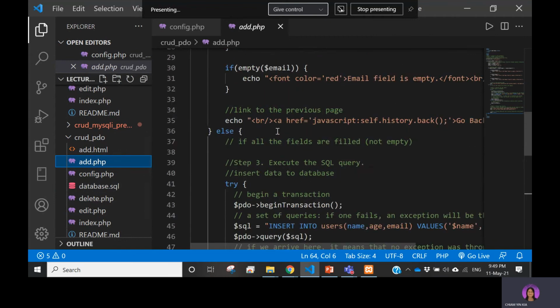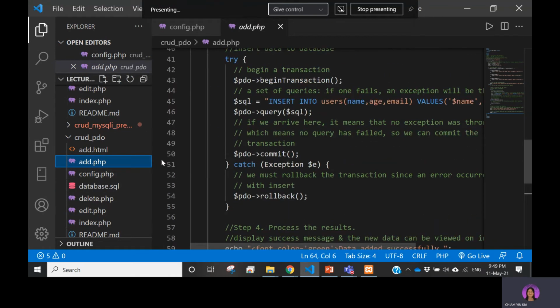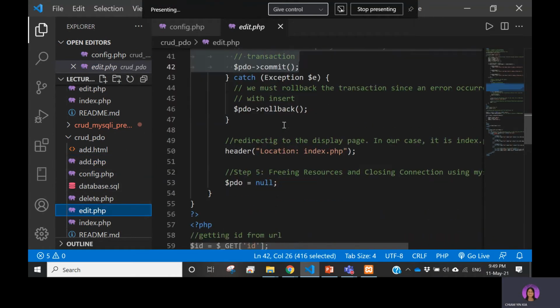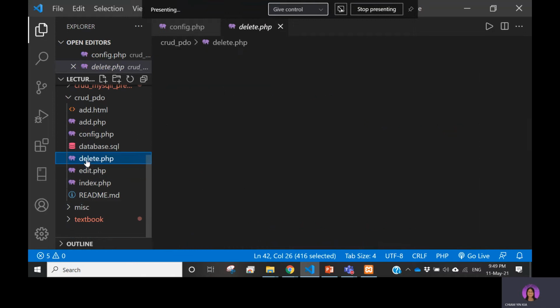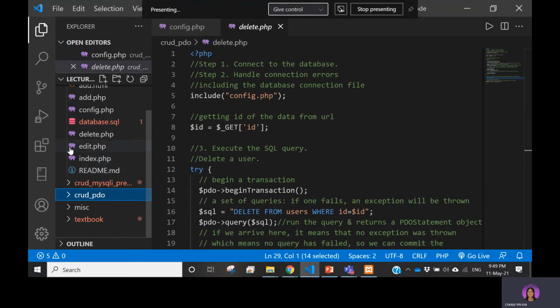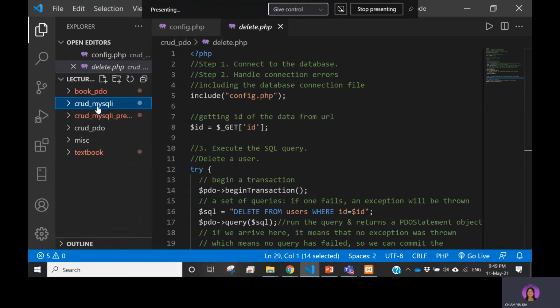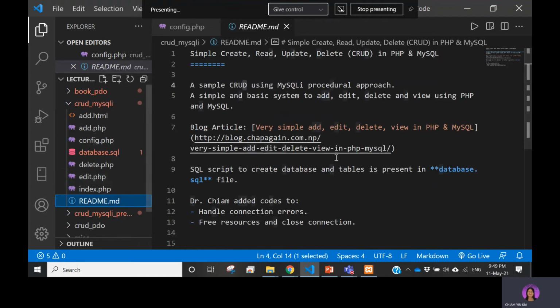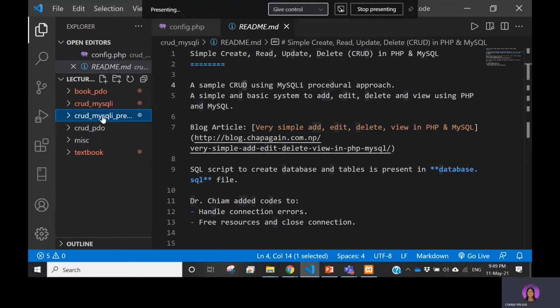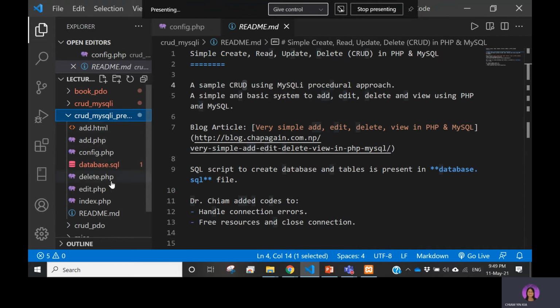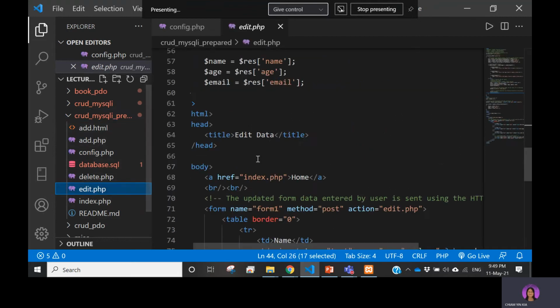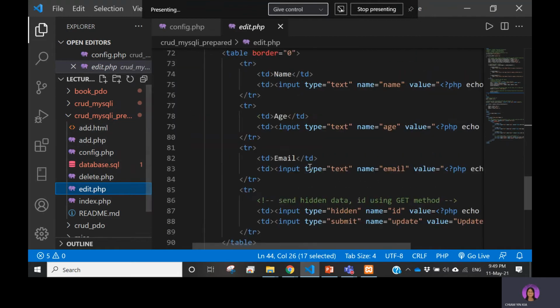And this is a sample for the add, edit, and delete. So if you see these three folders, I repeat again, the first folder, CRUD MySQLi, is the one that we have written an example using the MySQLi procedural approach. This is the one that has been modified using the prepared statement. You can see the prepared statement in the